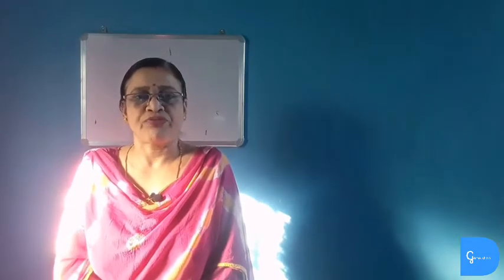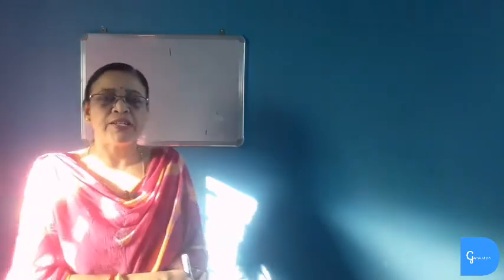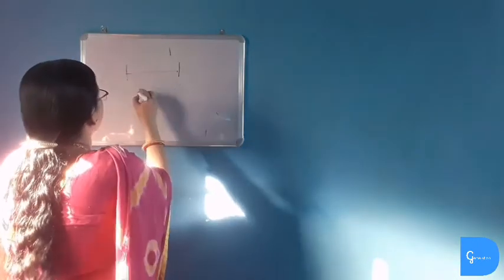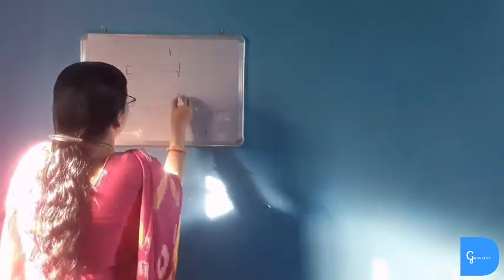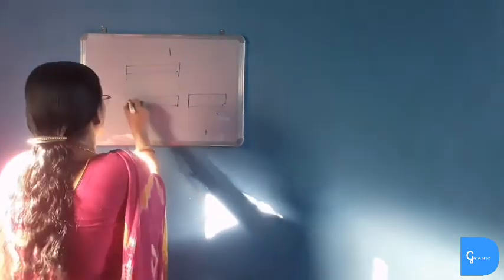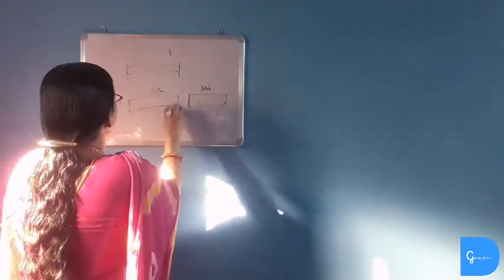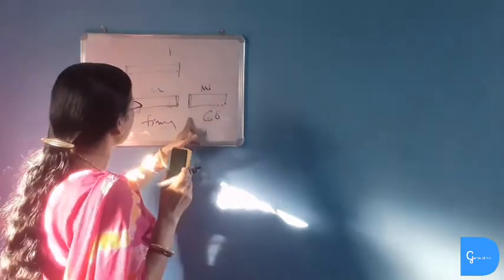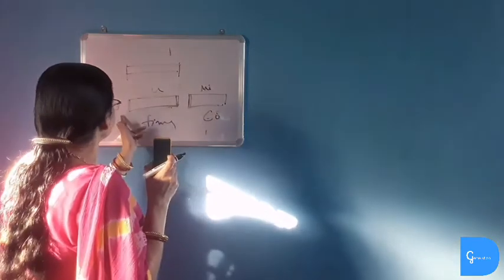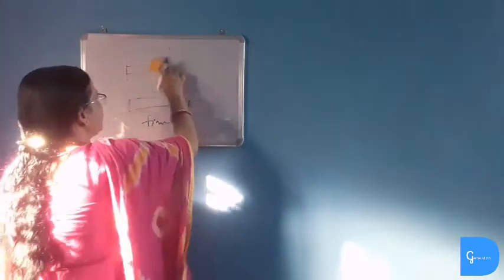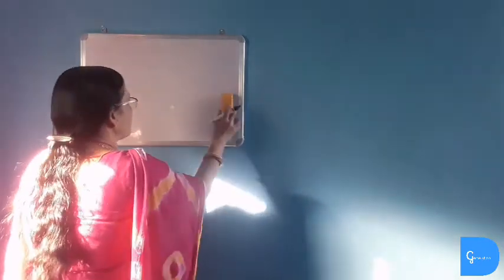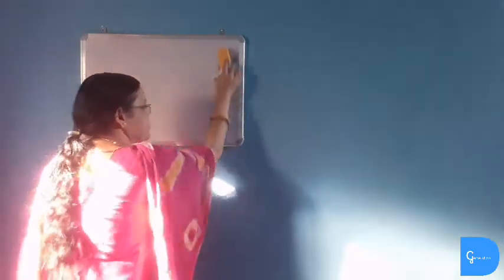Now effect of nature of material of the conductor. All the metals have different resistance. So if we take two resistors of equal length and thickness, such as copper and nichrome, this is copper and this is nichrome wire, we will find the resistance of nichrome is 60 times more than copper, because nichrome is a metal alloy and it has comparatively high resistance than pure metal copper. So we can say that the material is the most important thing in determining the resistance of the conductor. That is, resistance depends on the material of the conductor of which it is made.